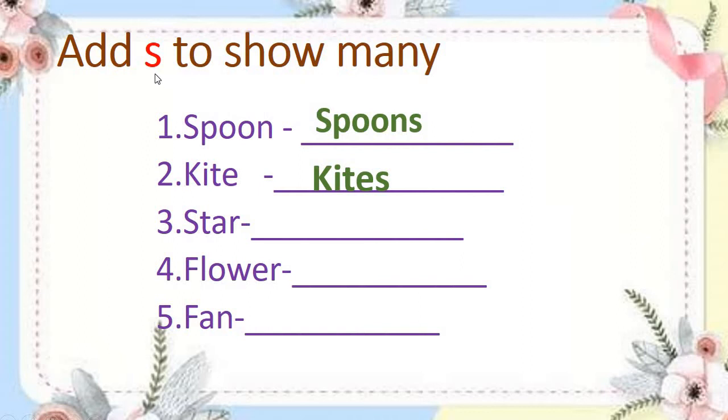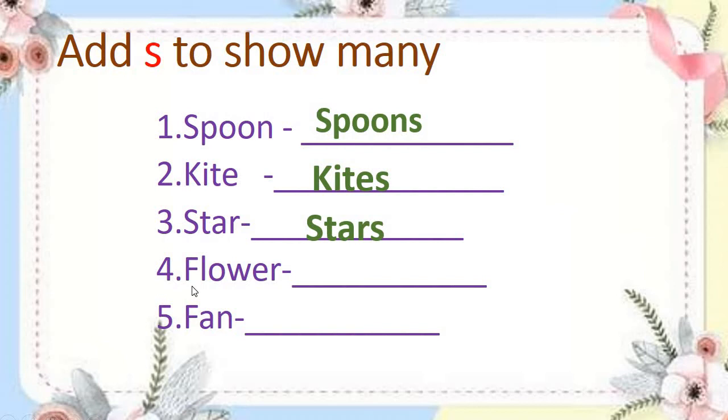So how does it become? This red color S. So what is the word here? S-T-A-R-S. Stars. See, I will show you. Stars. S-T-A-R-S. Stars. Star. Stars. Okay, children, see your S is done. We are only adding S to show many. Understood? Star means only one star. Stars mean there are many stars. More than one star. Okay, children?